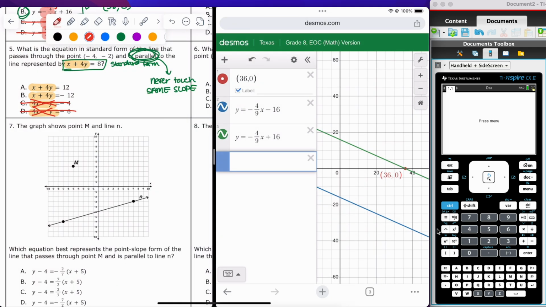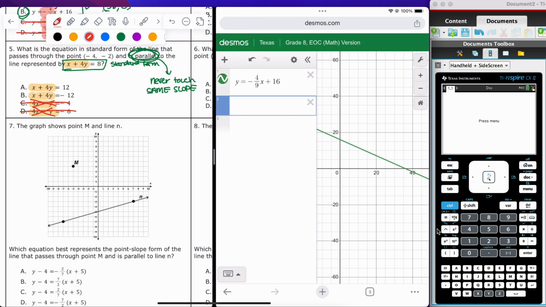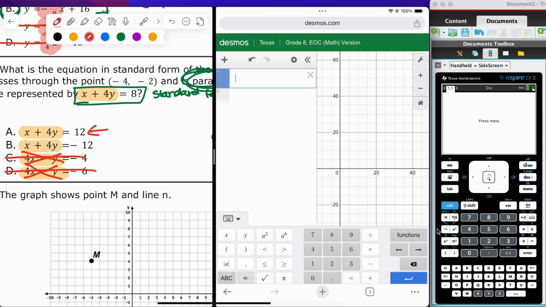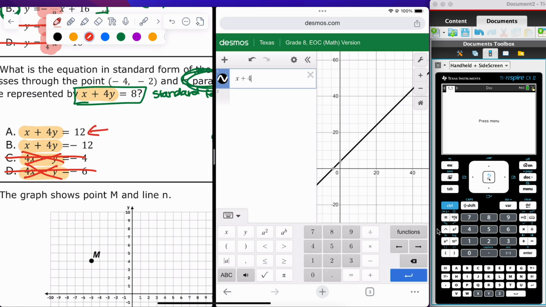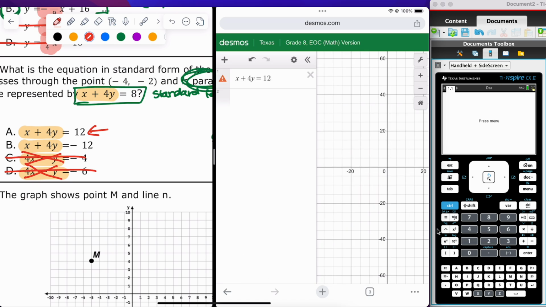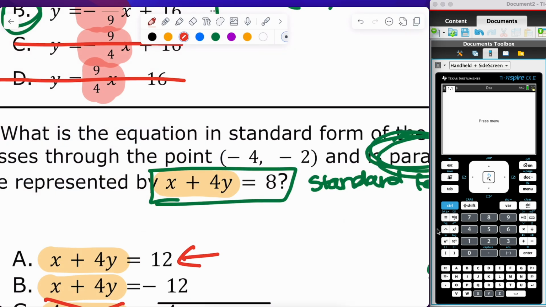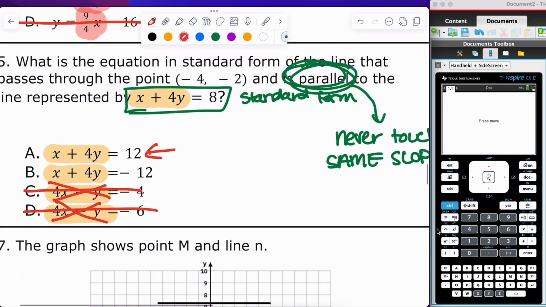So we are going to try to put this in Desmos, and I'm going to show y'all what happens. Let's try to put A. We have x plus 4y equals 12. Nothing happens. It tells me error. I cannot put this in Desmos, so that's not a way I can do this, okay? So what we are going to do is use that point they gave us,